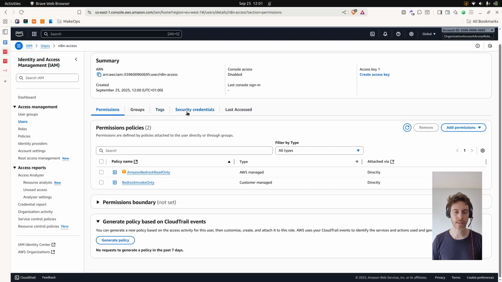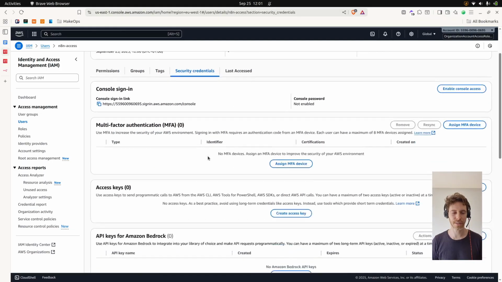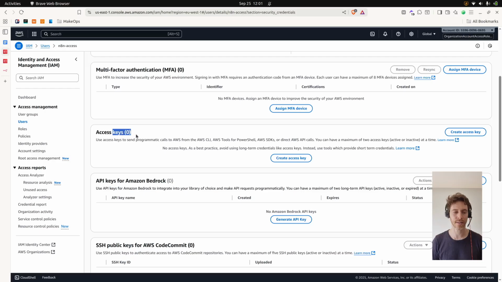We'll go down to the tab here. There's one tab called Security Credentials. Here from the Security Credentials tab, we are going to go down and there's a section called Access Keys. The important thing to know here is that you're only able to create 2 access keys at the same time. Having 2 keys allows you to rotate the keys in a more secure way. And the way you would do that